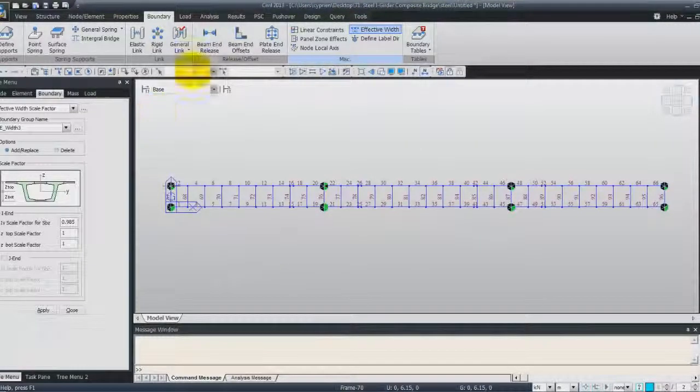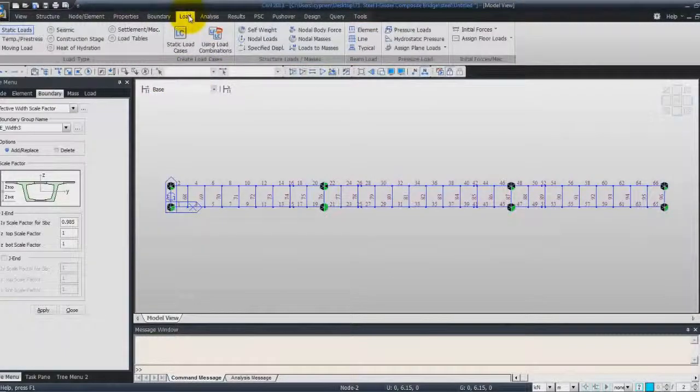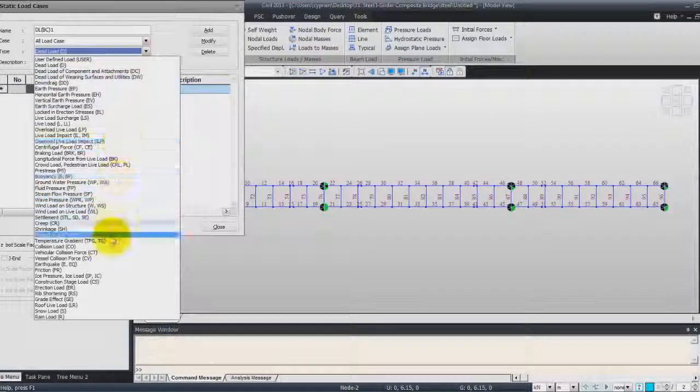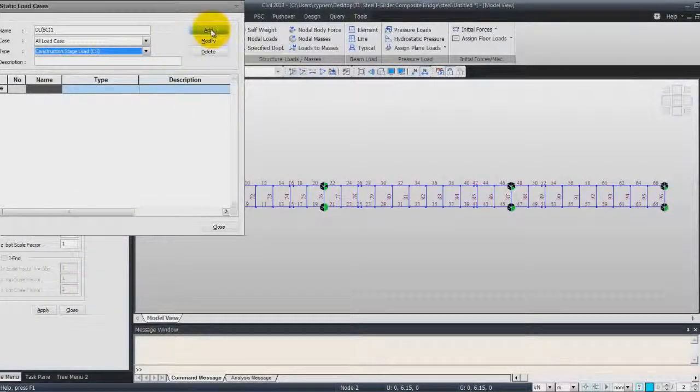So let's go first in the loads tab, and in the static loads, click on static load cases, enter the name DLBC1. For the load type, choose construction stage load, click on add,